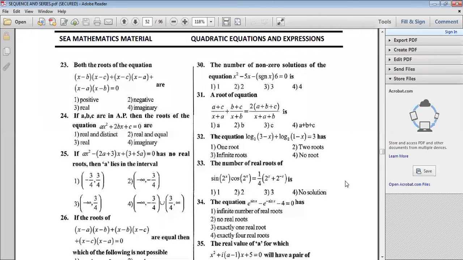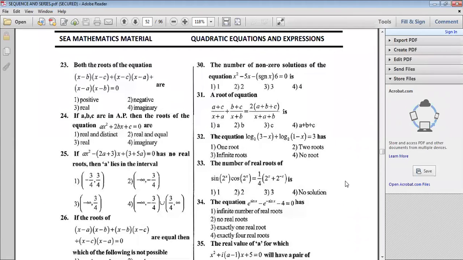No sir, if one is real, then the other cannot be complex, no? It can be, why not? Because here that depends upon the ABC values. If all the ABC are real, then only yes, it is possible. That depends upon the values of ABC.